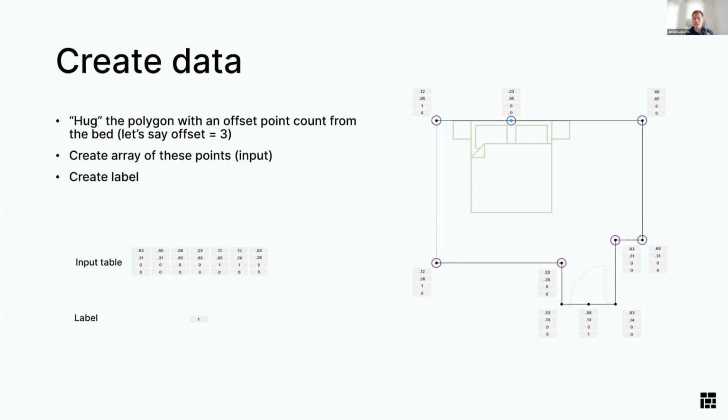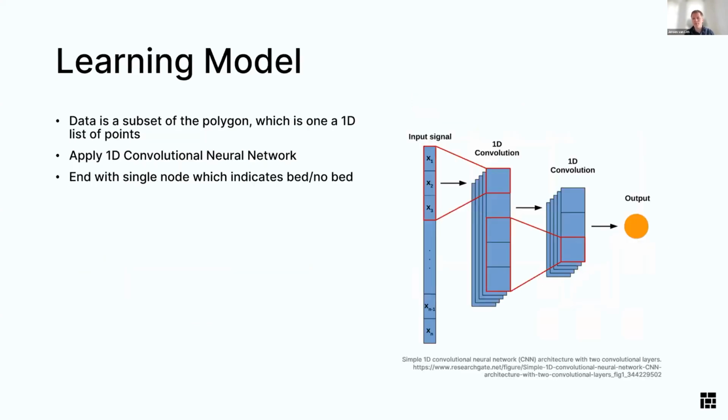But anyway, we've created a strategy from which we now have a singular array of all these points. So it's basically a list of points. It's a 1D signal. And we have a label. For every example, we have this true example, in this case on the right, but we also created a negative example or bad example, and that would then have a label 0. And then for the learning model,